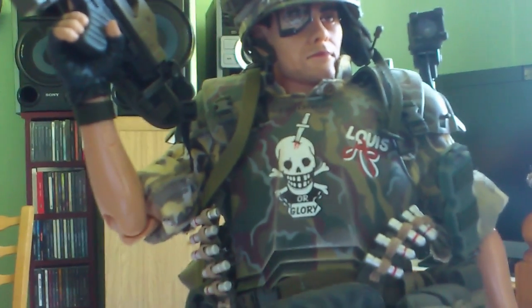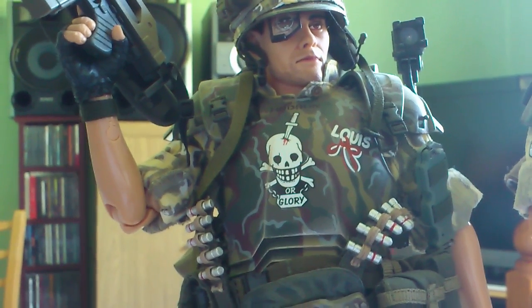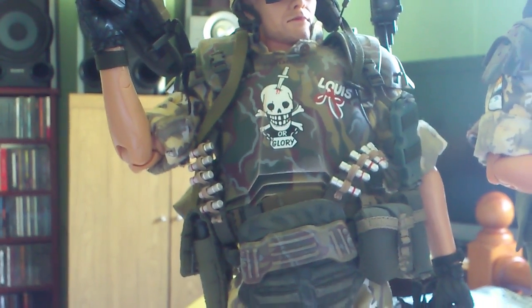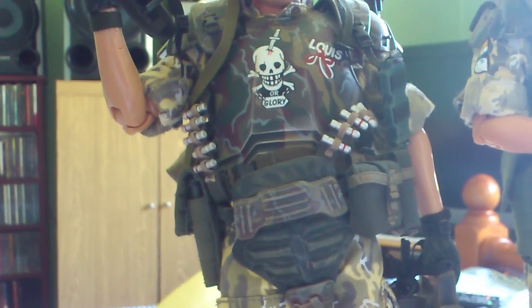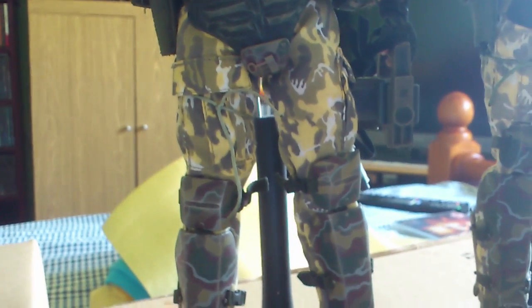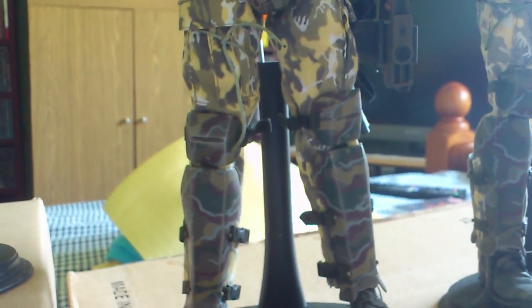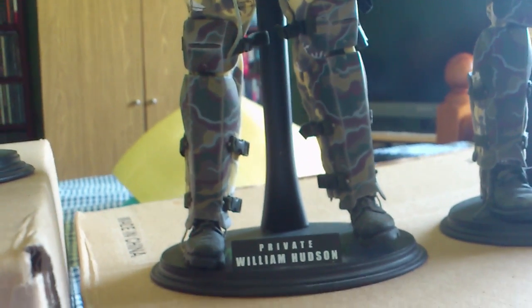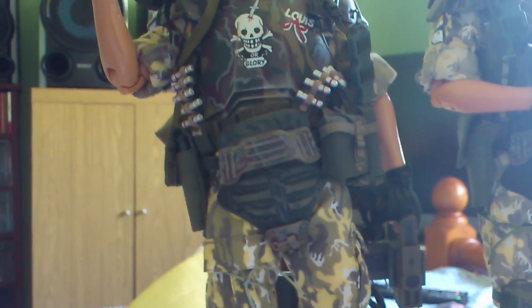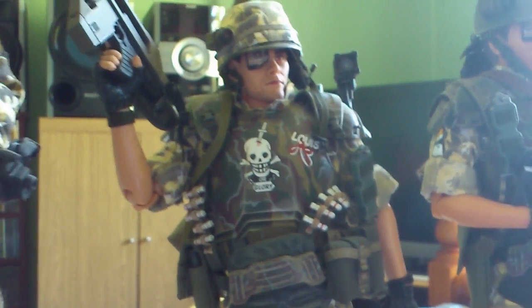Next one we have is William Hudson. Again, comes with the pulse rifle. The name on his breastplate, I don't believe that is the actual name that was in the film. I'm not sure, I'll have to recheck on the movie. I don't think that was the name that was painted on there. So that's a bit of a mistake by Hot Toys there. Maybe it's copyright, I don't know. Again, this one has the leg armour, same as Sergeant Apone. All their camouflage gear is all the same. Obviously kept it uniform. I think this figure on eBay, I have seen them going probably for about 400 to